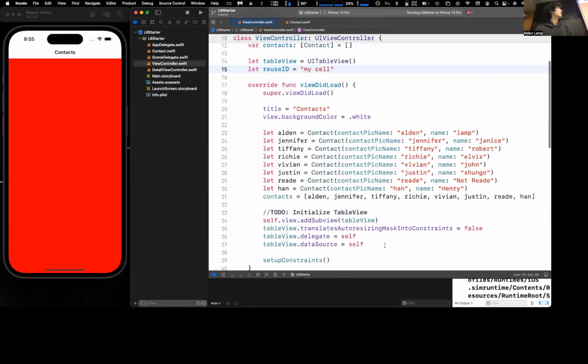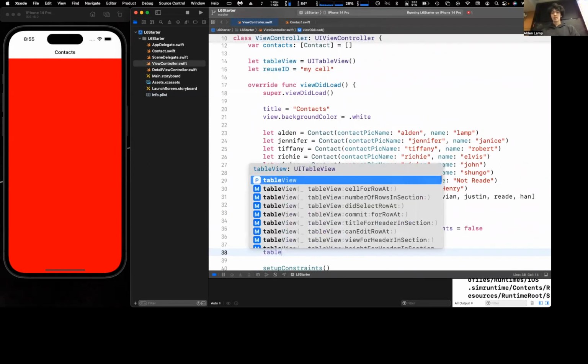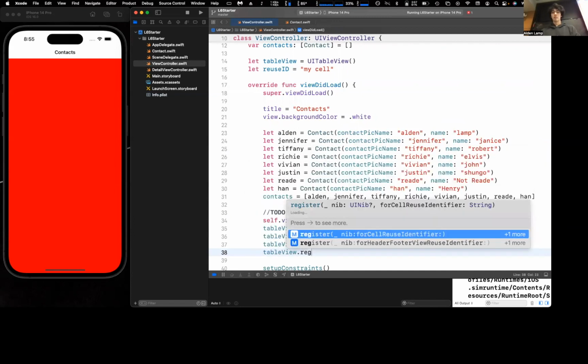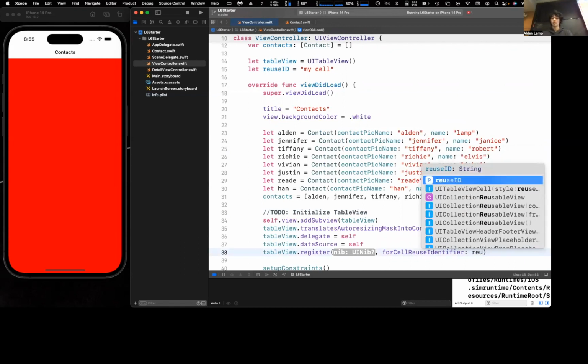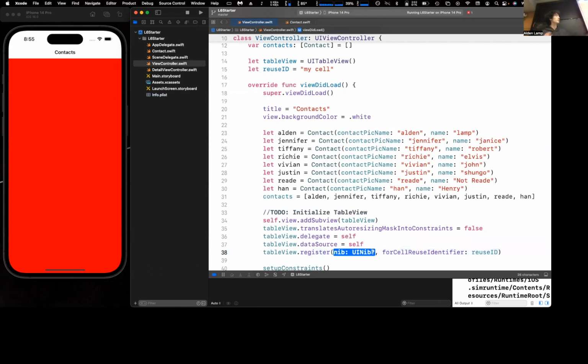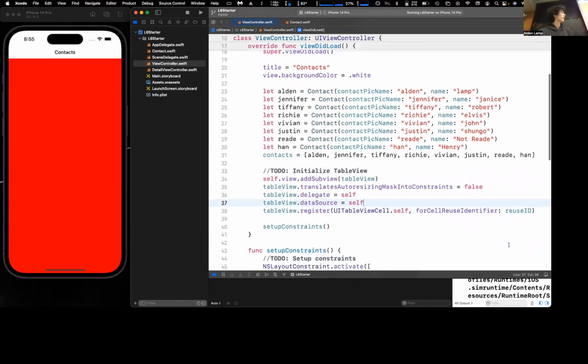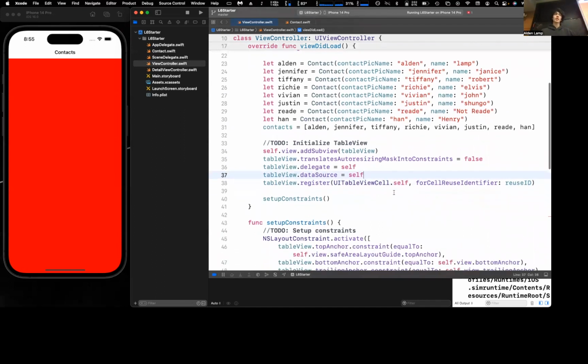And when we're setting up our table view, we can register a cell that we want to be reused. So I can say tableView.register, and then I'm going to autocomplete with this forCellReuseIdentifier. Our reuse identifier here is just going to be the reuseID that we had. And this nib placeholder represents what we're going to reuse. So I'm going to just put the default table view cell, UITableViewCell.self, which will tell it to reuse the default table view cell with this ID. And now that I have it registered in the table view,